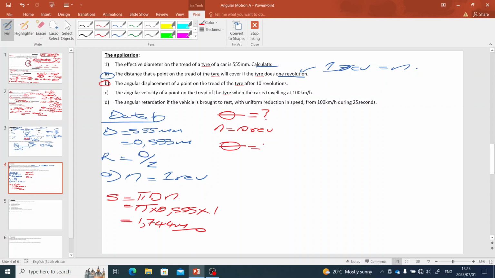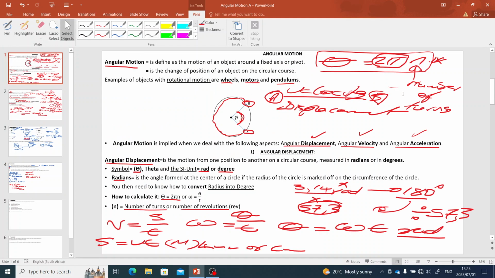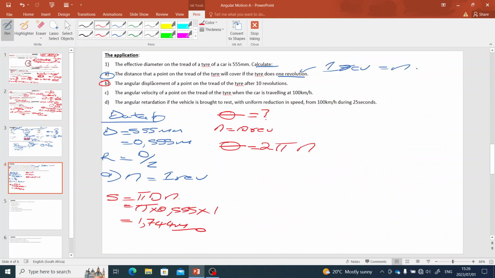Angular displacement equals 2 pi n. This is the formula that I've indicated, one of the formulas that we'll be using to calculate the angular displacement. From the given information, this formula suits the given information. It is 2 pi multiplied by 10, because n is given as 10. 2 multiplied by pi multiplied by 10. Then we get our answer as